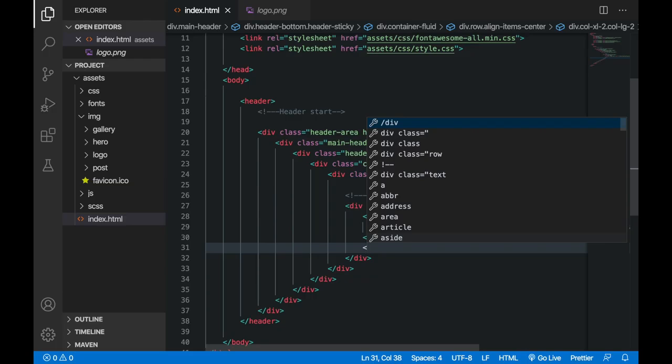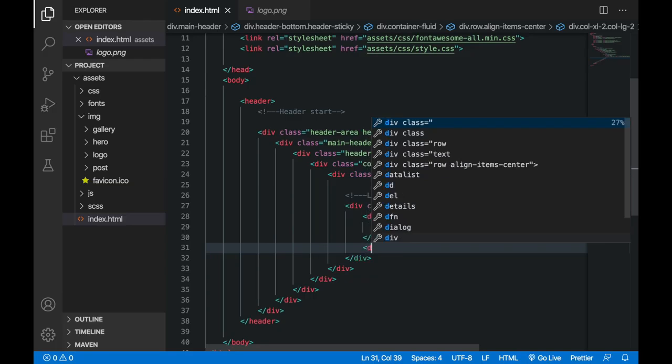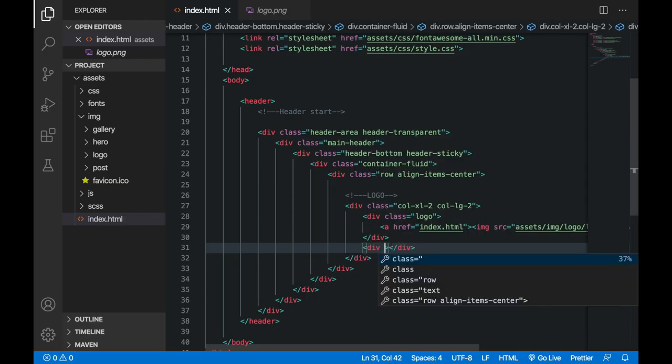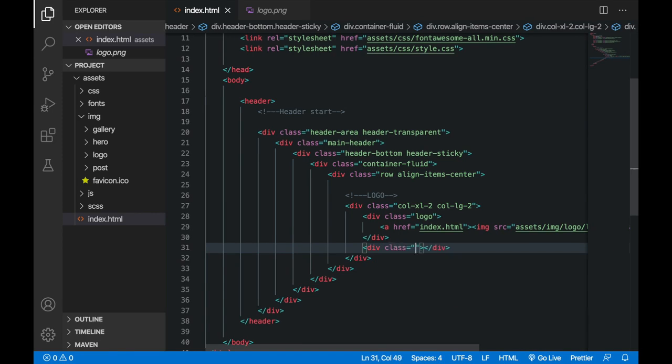And after this we are going to make the row for our buttons. Nav buttons. So here I will say div, and then I will give it a class name. So col xl 10. So it is going to take 10 by 12 portion of the total available space. And on large screen size, this was for extra large, and on large screen I also wanted it to take 10 by 12 part of my screen.